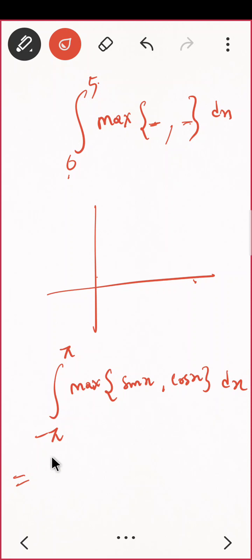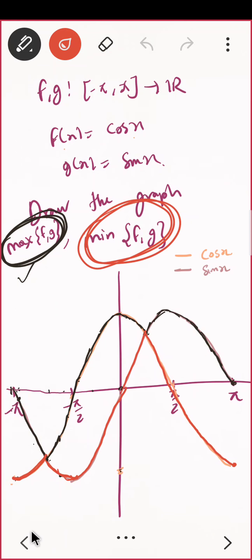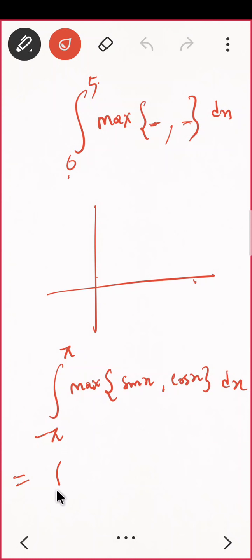So you have to break your interval into some parts. And what are those parts? Into the intersection points actually. This intersection point, this intersection point, and so on. So from minus pi to this one, let me call this point A, since I am taking it randomly, and this point I am taking B, and so on. So I'll divide my integration into three parts, that is minus pi to A, plus A to B, plus B to pi, like this.